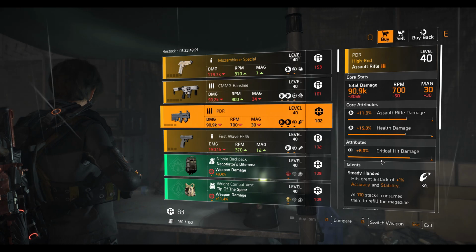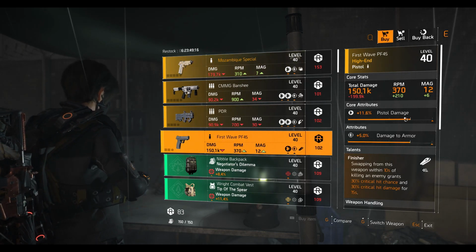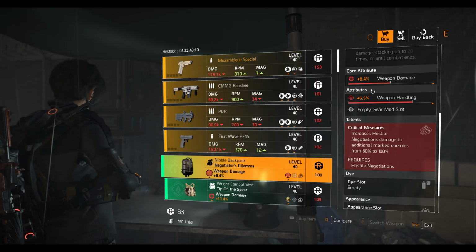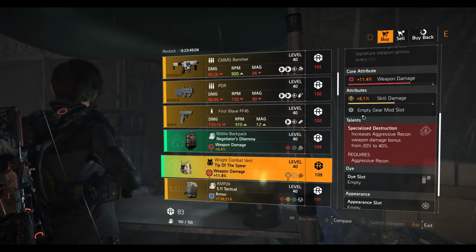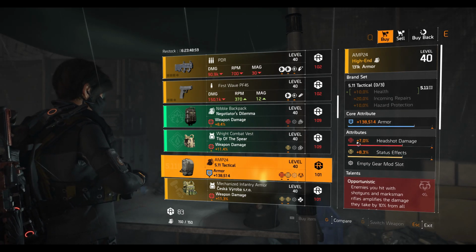A first wave PF45 pistol with 11.6% of pistol damage, 5% damage to armor. Finisher is the talent. A Negotiate Dilemma backpack with 8.4% of weapon damage, 6.5% of weapon handling. Tip of the Spear chest piece with 11.4% of weapon damage, 6.1% skill damage. 511 tactical backpack with Optimist talent, 8.3 status effect, 7% headshot damage,